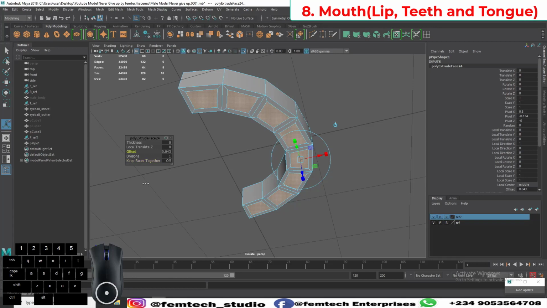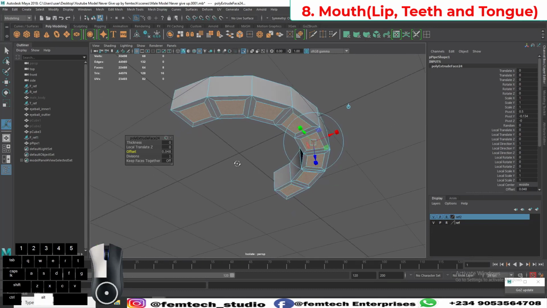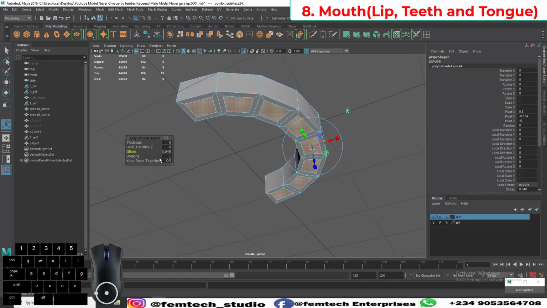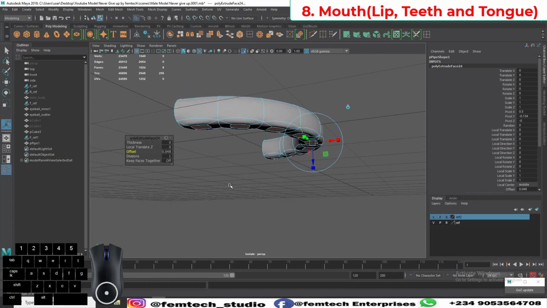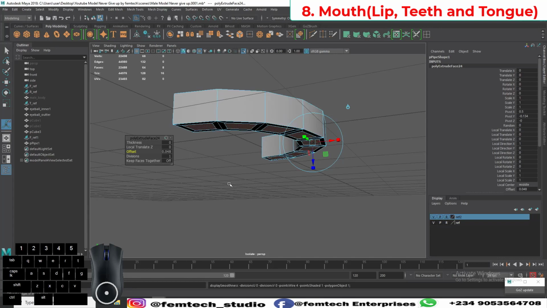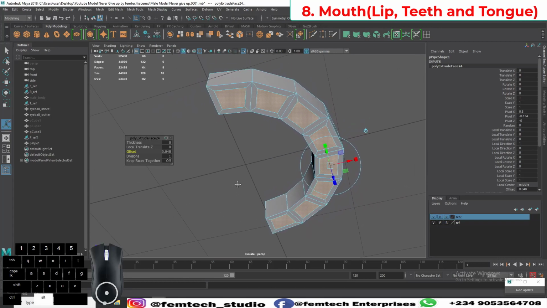So offset somewhere like this is okay. Then give the division. If I press 3 on the keyboard, this is what I have. All right, so one back. From the one here,